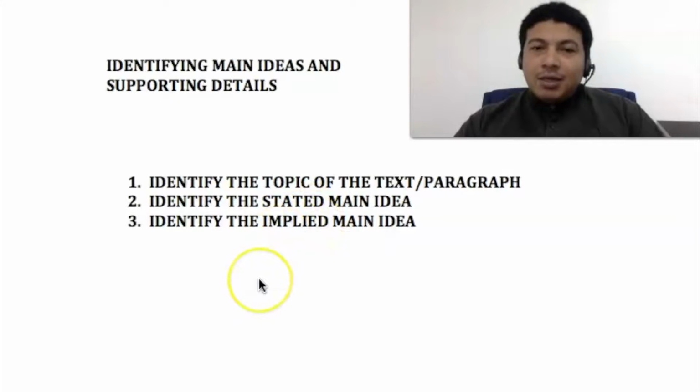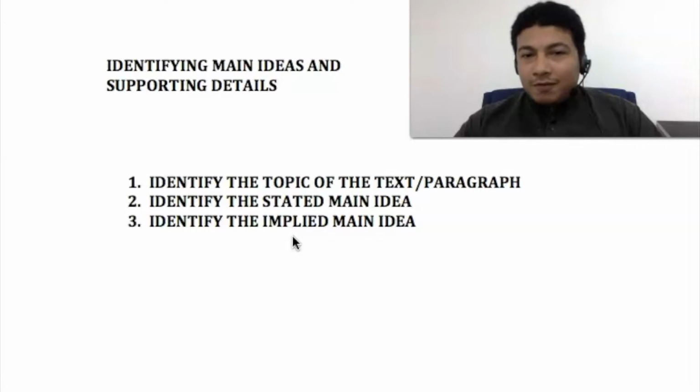So stated main idea again means what the author states the purpose of the article is, or the reason the author writes the article, that is stated in the article or in the paragraph. Implied, it is not stated, it is not written there. So when people ask you what is the stated main idea of this paragraph, so you